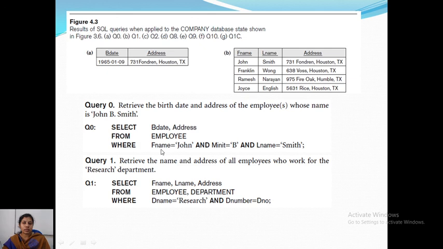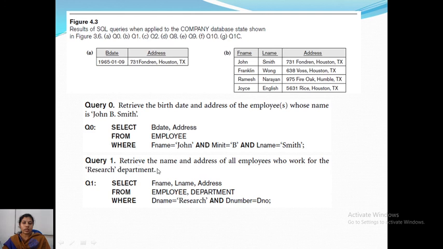John is the first name, B is the initial, and Smith is the last name. So use these conditions. You equate these values to the corresponding attributes, and if you have multiple conditions, then you use the AND operator.